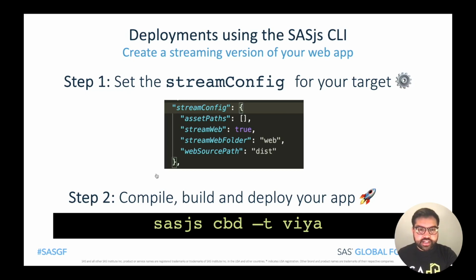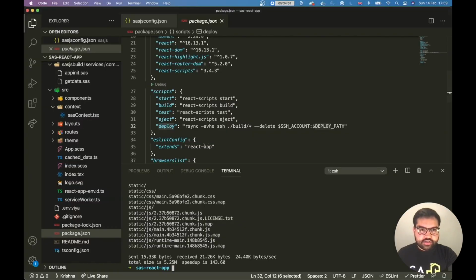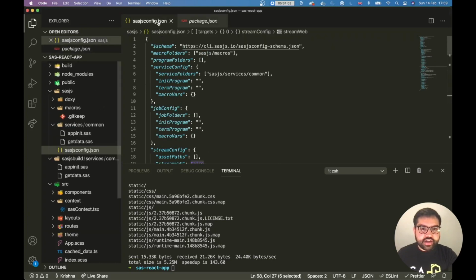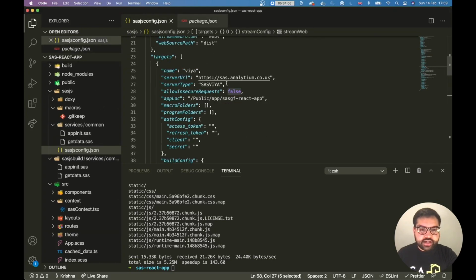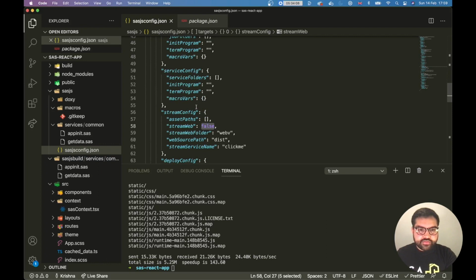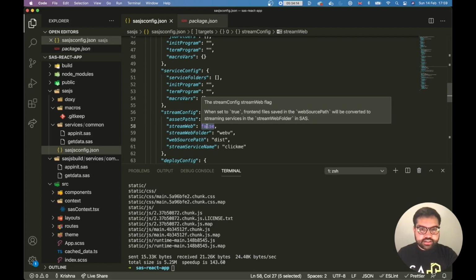For this, we'll need to configure the stream config for your given target. If I go back to our config file and then go to the via target, there's a stream config object here. And the stream web property here is set to false.